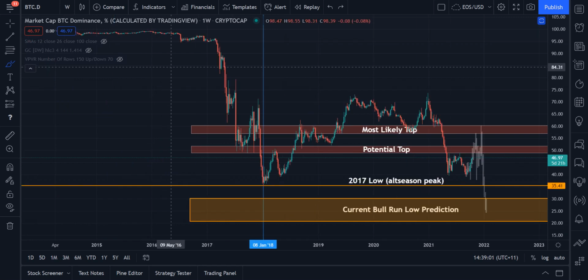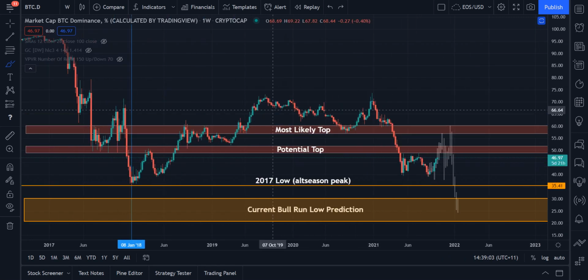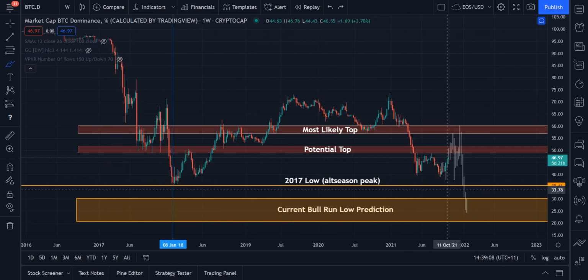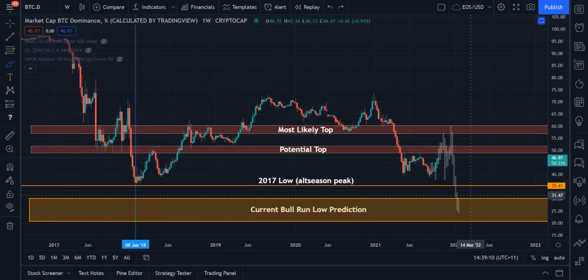Generally, this chart is in a downtrend, and as well as the fact that there are more altcoins in the market, more money to be spread into more places, we can assume very confidently, actually, it's not really an assumption, it's just kind of a fact, that if we do see an altcoin season on a similar scale, which is proven that will happen because we've had one at the start of the year, right? If we can drop on a similar scale, we will be dropping below the 35% all-time low into a new low. I'm expecting that to be between 30 and 20%.